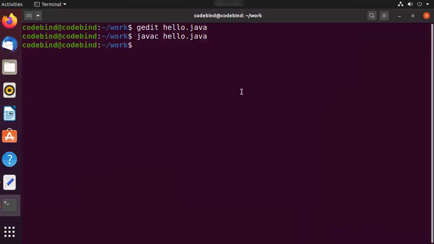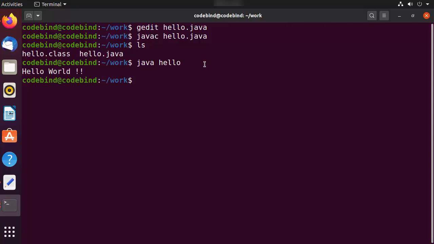And then just give this command. This command is going to compile your program and generate this file, which is called hello.class. This is the binary file which you can use to run your program. So you can just use now the java command and then hello. So you just need to give the name. You don't need to give the extension .class for your program. So just give java hello and it's going to print the hello world or whatever program you want to execute using this java command.